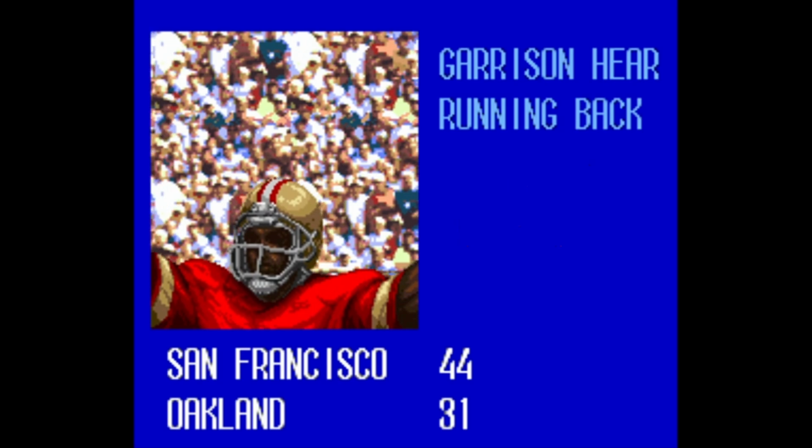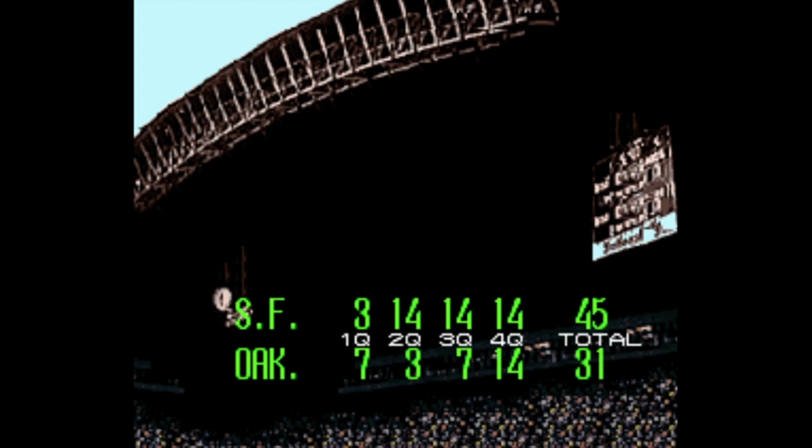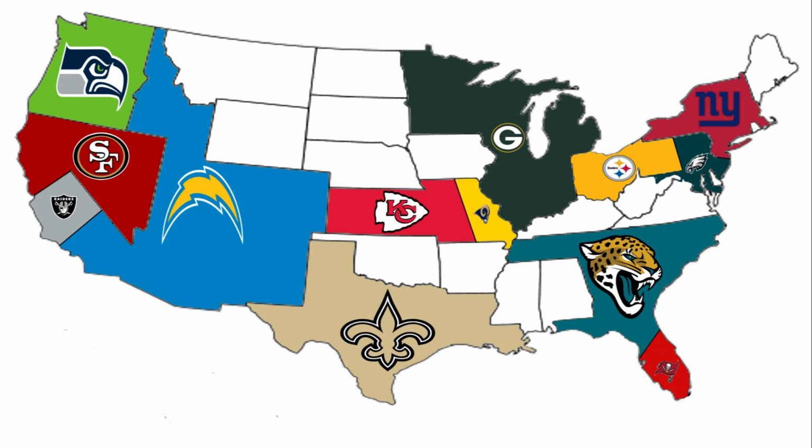After a slow first quarter where the 49ers only scored 3 points, they got 14 points in each of the next 3 quarters and come away from this shootout 45-31 victors. It's safe to say that all 49er fans had a very difficult time seeing Jerry Rice in any other uniform other than their own. Rice in this game had 13 catches for 196 yards and 2 touchdowns. It wasn't enough though. The 49ers will take over the Raiders' territory, and now for the second straight game, we've lost the top 5 team.